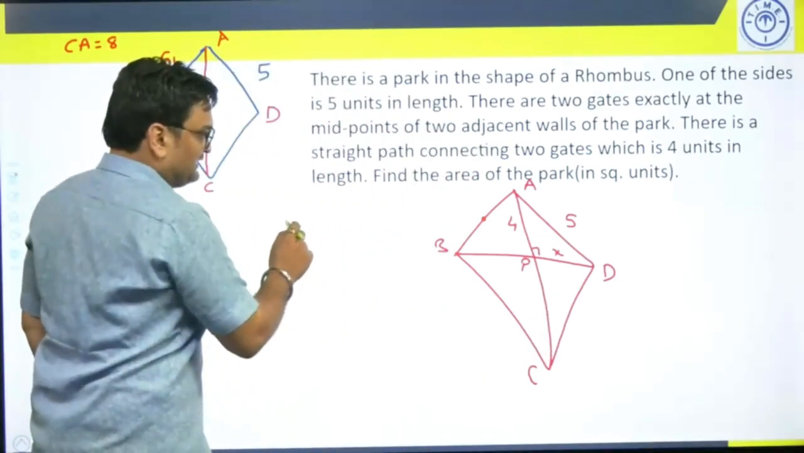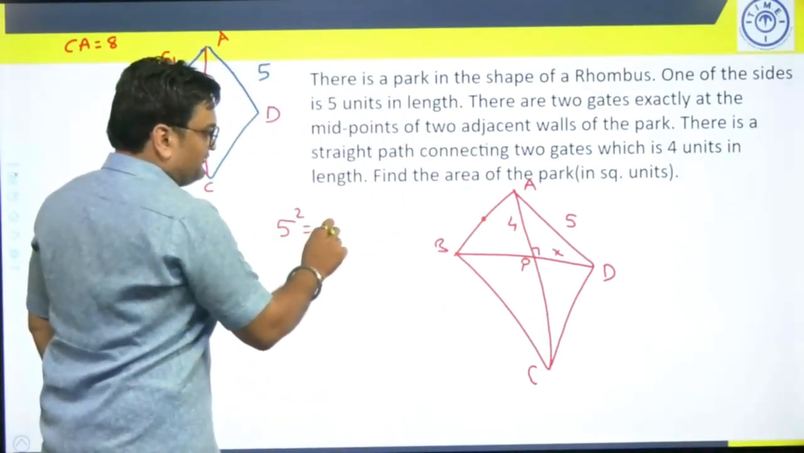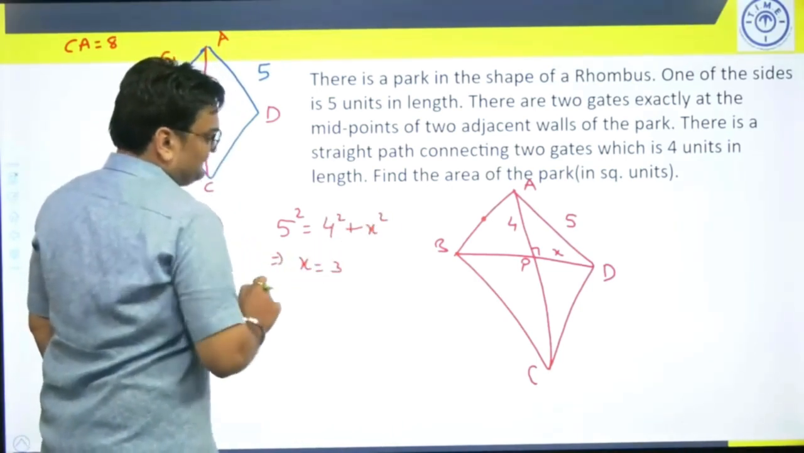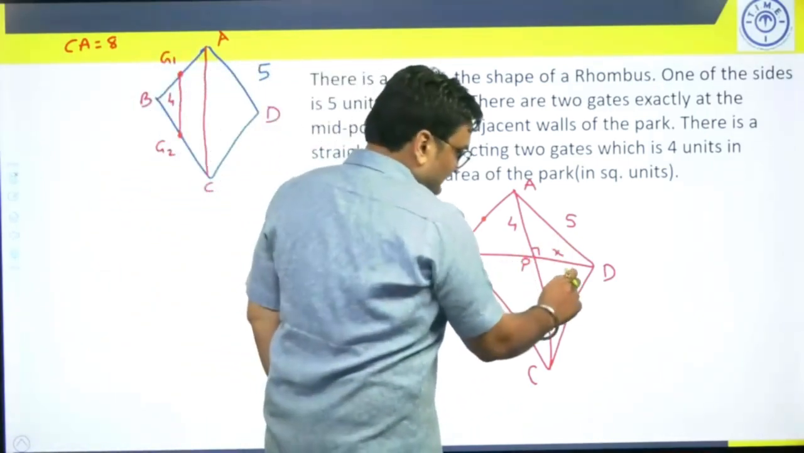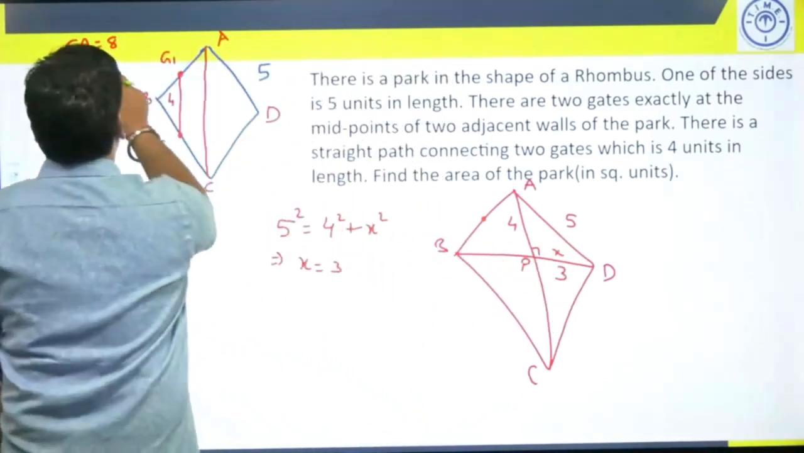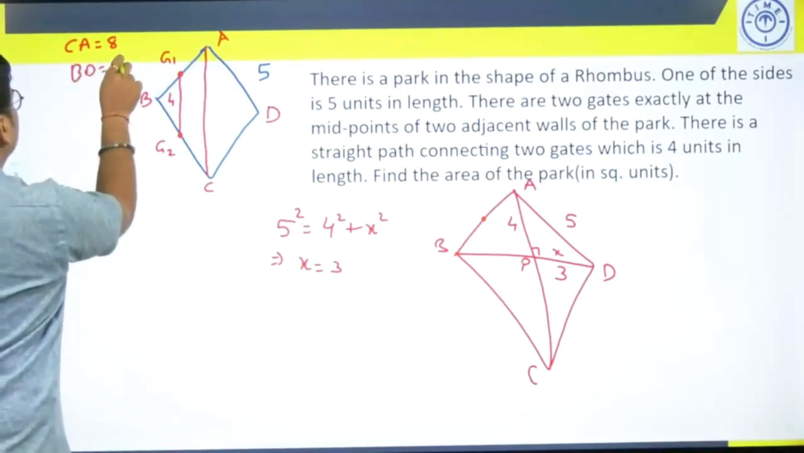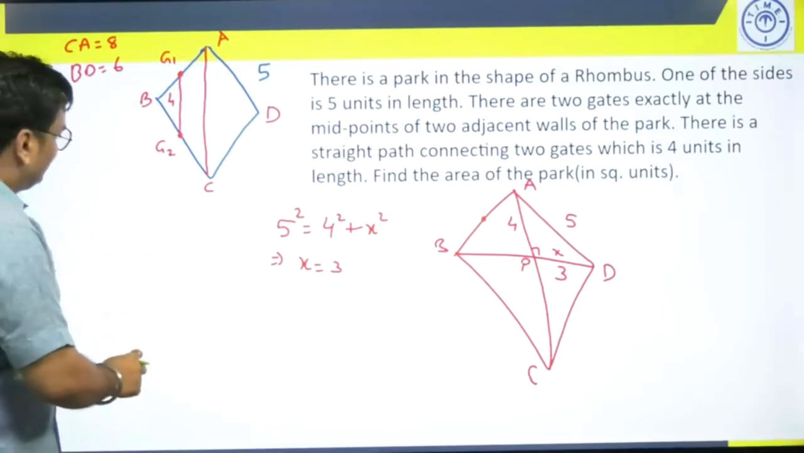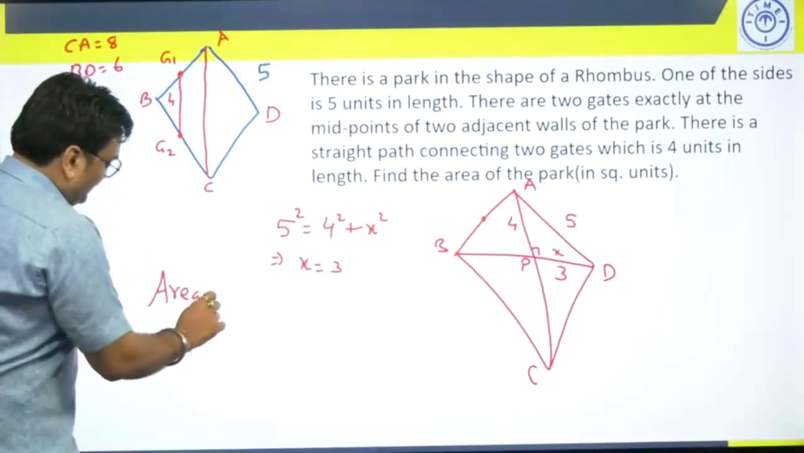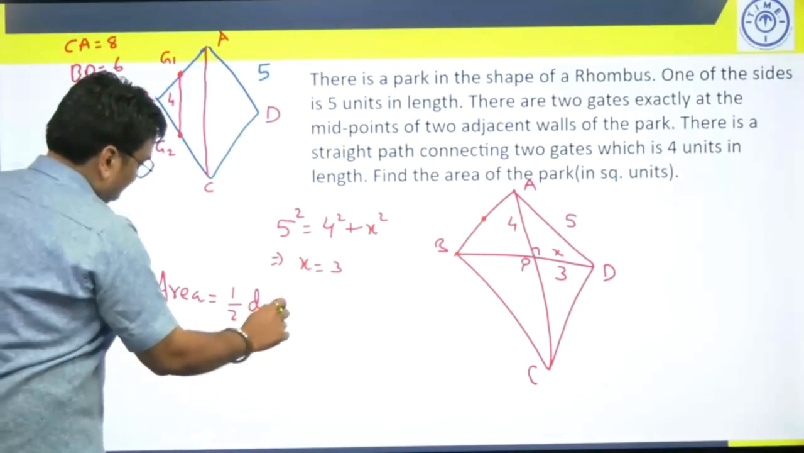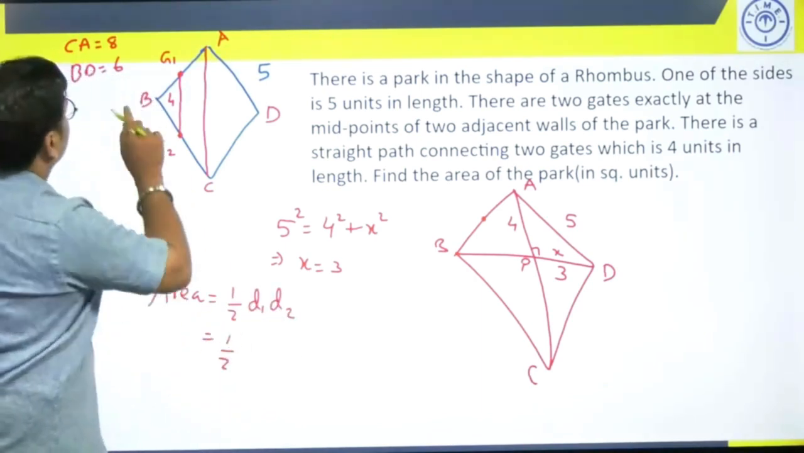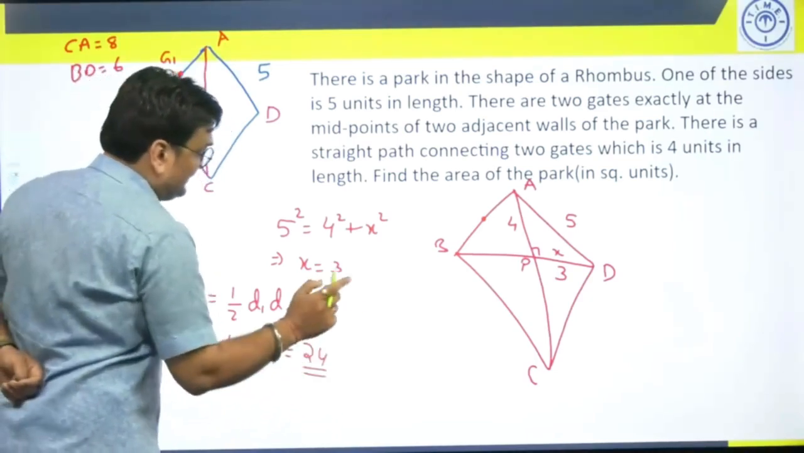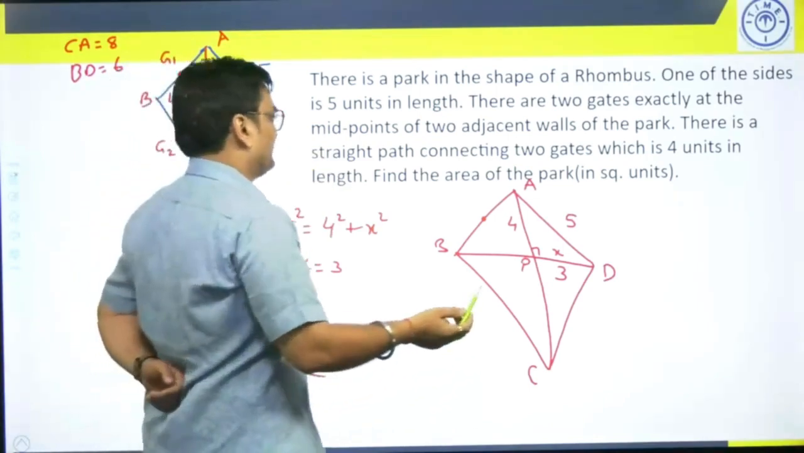We can apply the Pythagoras theorem, so AD square will be equal to AP square plus PD square. When you solve this, you will get the value of X as 3. Now if X is 3, the other diagonal BD is going to be 6. So this way I am getting both the diagonals. Now once I get both the diagonals, what is the area of the rhombus? Half into the product of the two diagonals, 8 into 6 is 48. So 48 by 2 shall give us the answer as 24 square units. So my answer is going to be simply